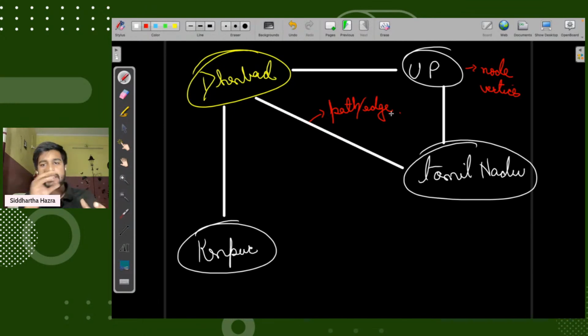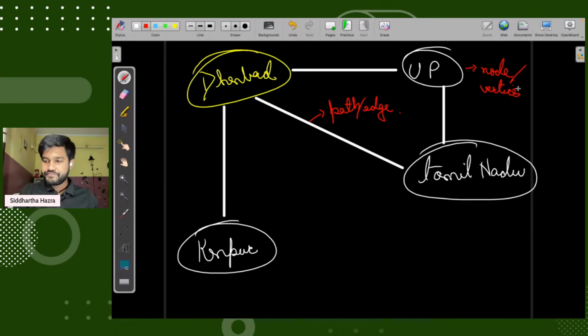So we can safely say that between Dhanbad and Tamil Nadu there is an edge, and a path. And we can also say that Dhanbad, UP, Tamil Nadu, Kanpur are not just cities but nodes and vertices. Nodes and vertices, both of them are very important. Diwali special class, I think we need to term it as post-Diwali special class. Fair enough. So, am I clear till this point or not? There are a few terminologies that need to be well understood.